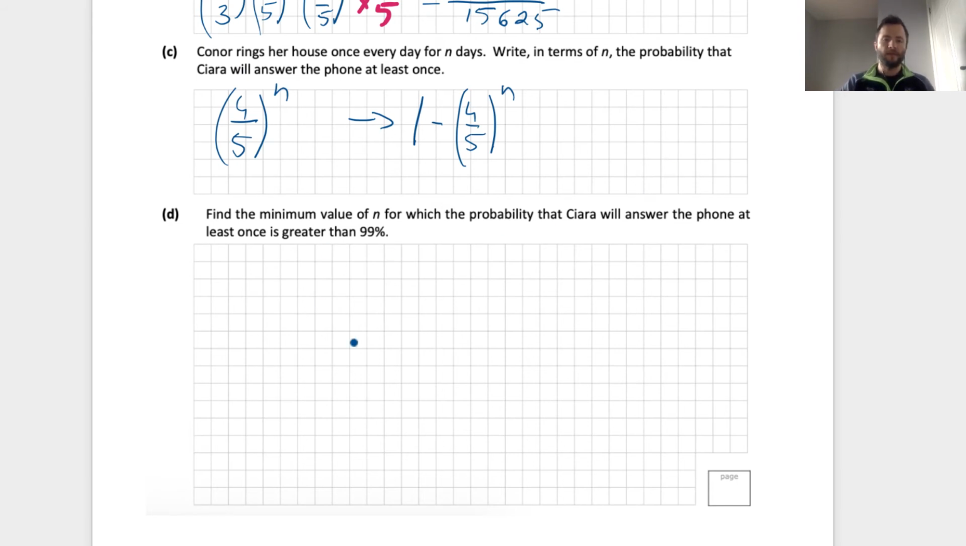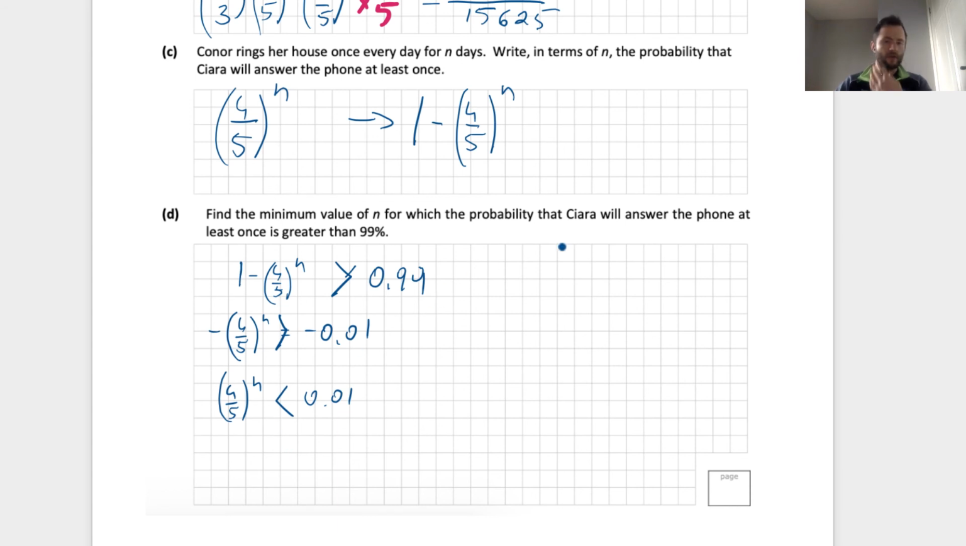And then we have to find the minimum value of n for which the probability that Kira will answer the phone at least once is greater than 99%. So we're told that 1 minus 4/5 to the power of n, which is the probability that she answers, has to be greater than 0.99. So then moving 1 to the left hand side, minus 4/5 to the power of n is greater than minus 0.01. Then dividing both sides by minus 1, we're going to get that 4/5 to the power of n is less than